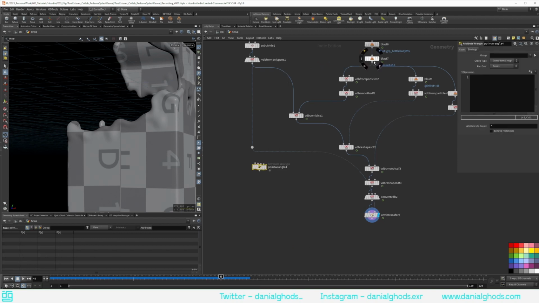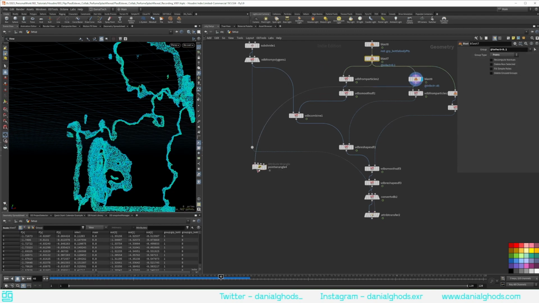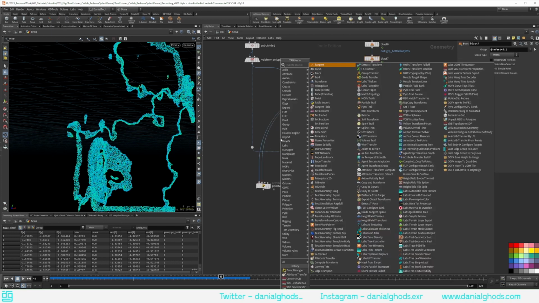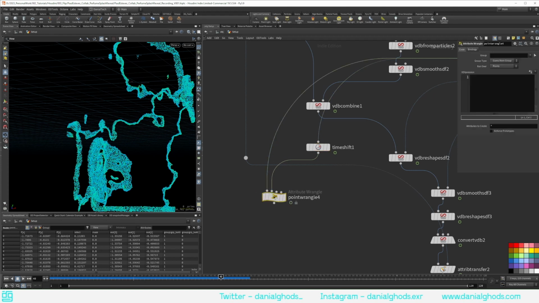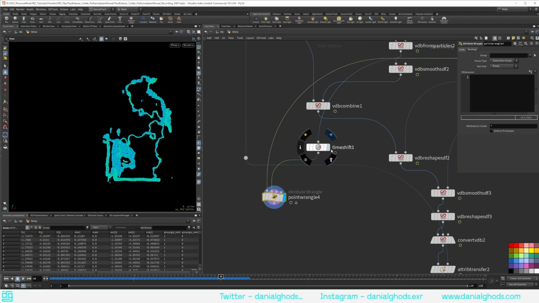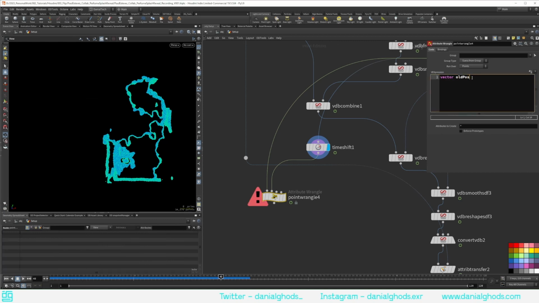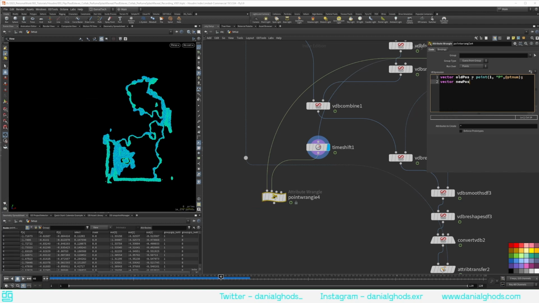We just put down a point triangle, grab this leading edge here, put it in the first input and into the second input. However, we'll want to hook up a time shift into the second input here and subtract the 1 from the time, so it's $F minus 1. Then we want to grab the old position, which is this one, and subtract it from the new position. So we'll create vector old pos, which is the point function, 1. We want the position from each point, and the new position, new pos, is just our current position. So now our velocity, we will want to normalize this, is our new position minus our old position